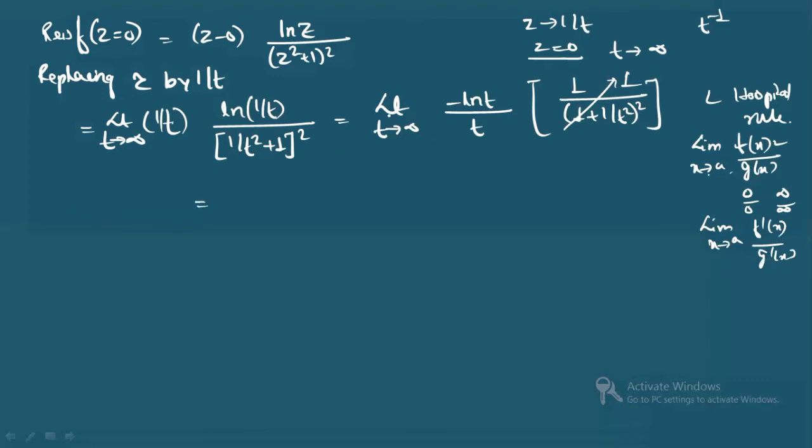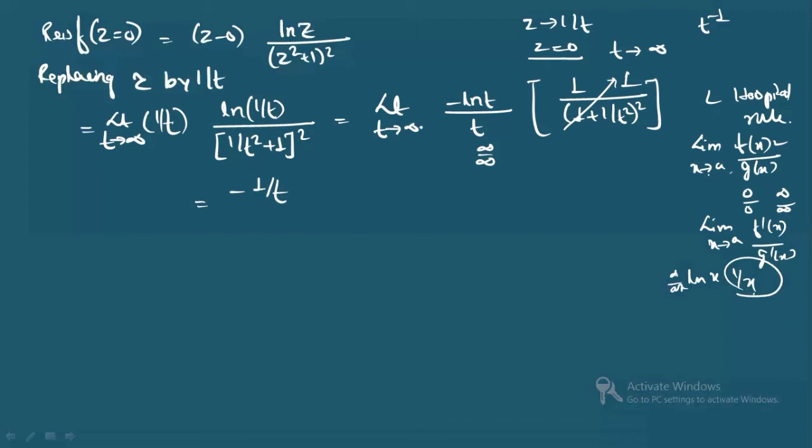The same thing we will do here. You see here, when you will put t to be infinity, it will be giving you what? Infinity by infinity, right? This is giving you the form of infinity by infinity. So you will have to just differentiate this. Okay, so you will get it to be what? Minus 1 by t, right? This is what you will get, because you are having minus ln t, right? So you know ln x, differentiating, you will get 1 by x.